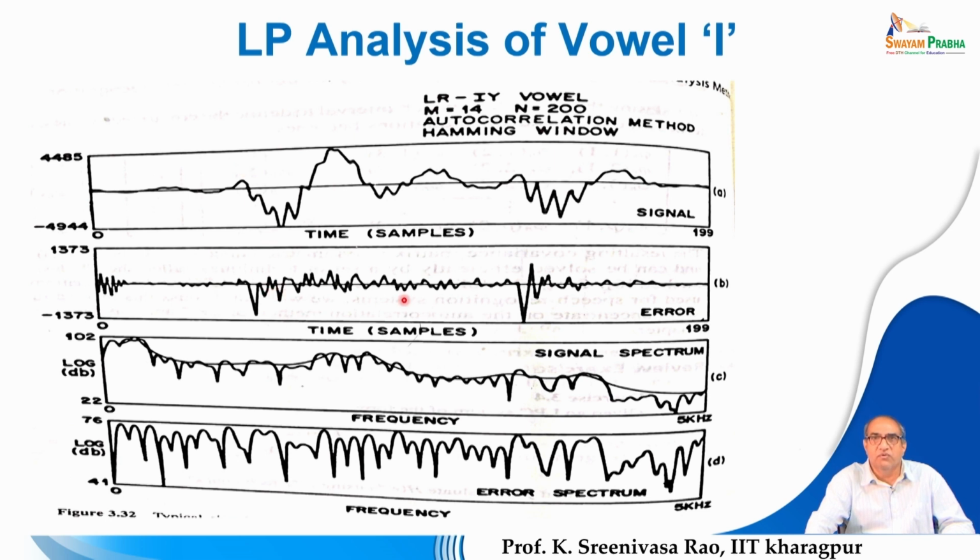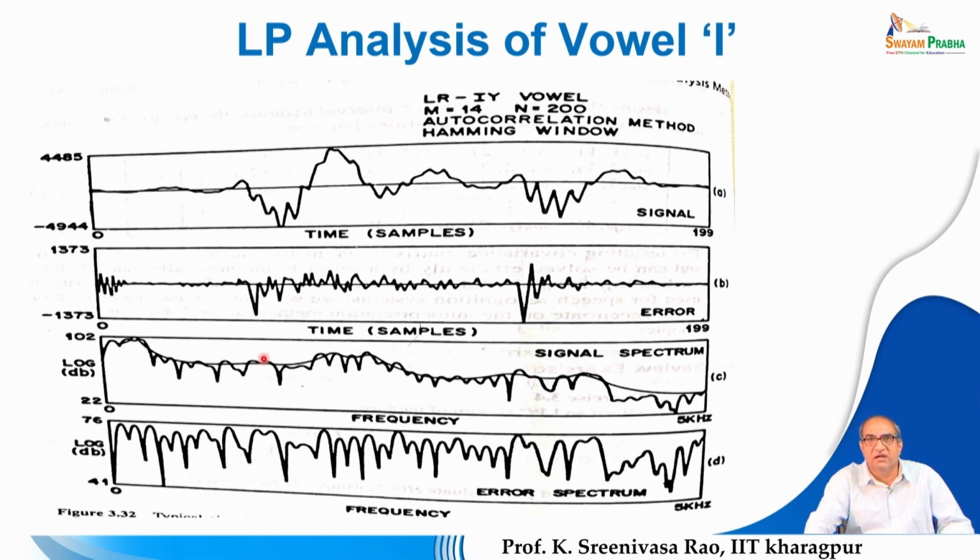So we know the LP coefficients, and in the all pole filter model, 1 over A of Z is the vocal tract filter transfer function. If you compute the Fourier transform of that 1 over A of Z and plot the frequency response, you can observe that